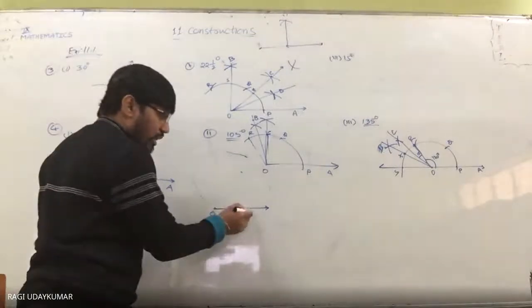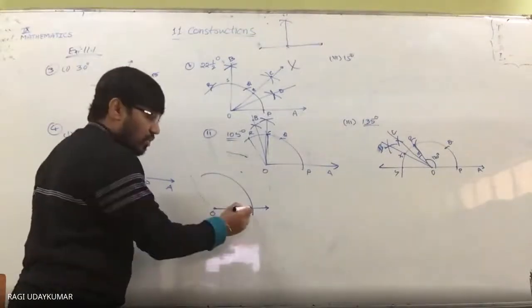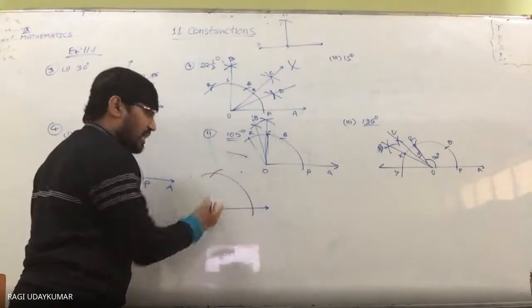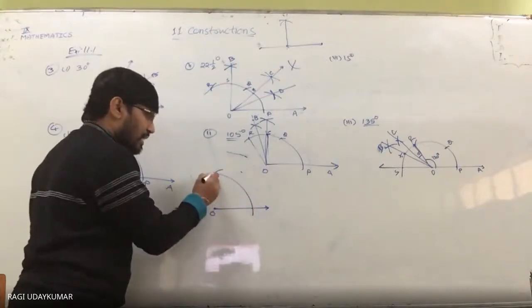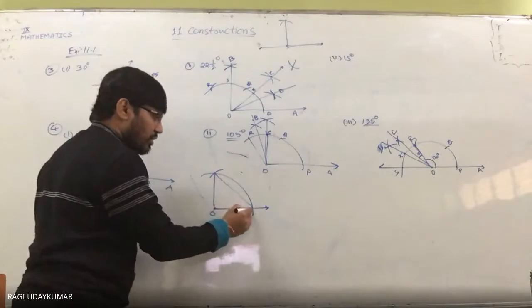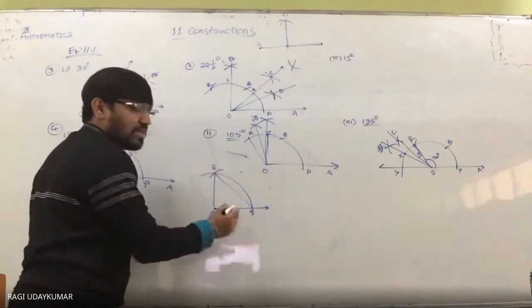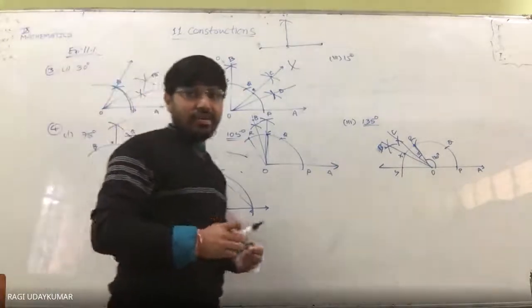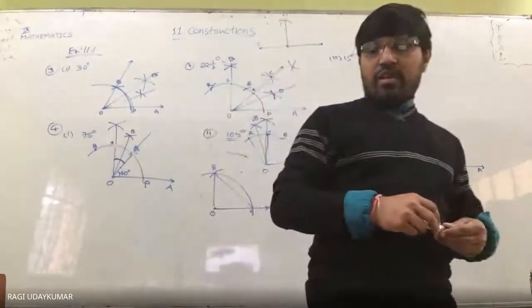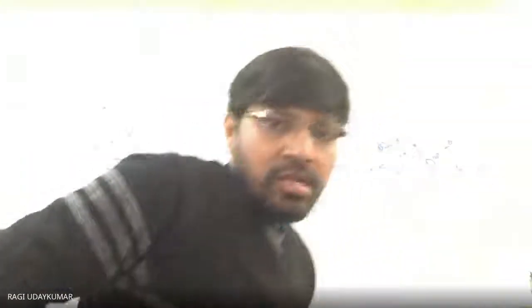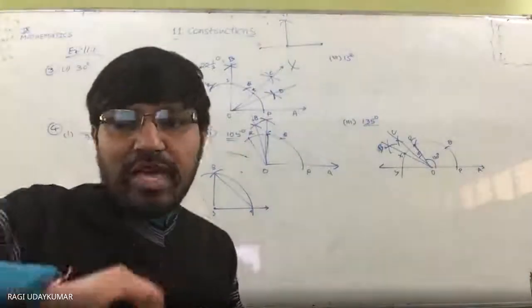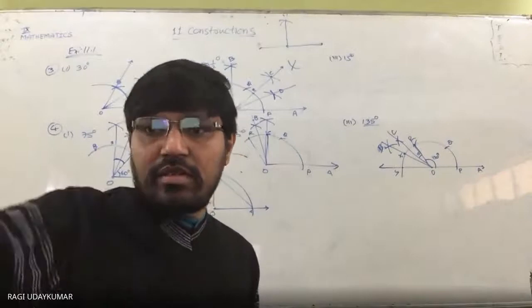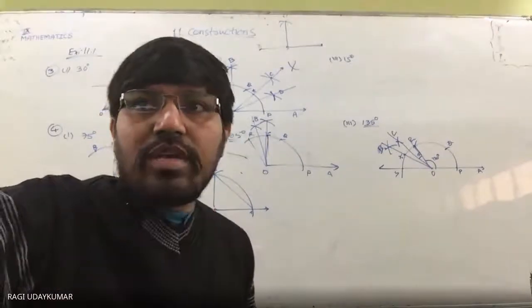Draw an arc like this. Now with this one as a center, same 5 centimeters, cut it here. And where it is cutting here, join these two. So OAB is an equilateral triangle. That is based on the 60 degrees we have taken into consideration. Na? Okay? Did you understand, beta? Any doubt in this? No, sir. Okay. So now here actually